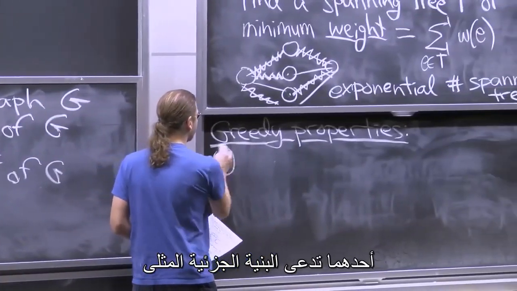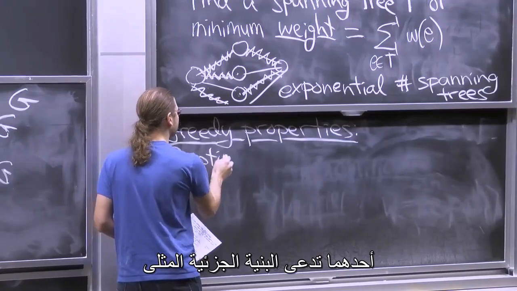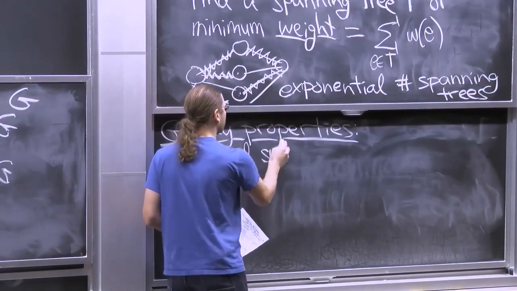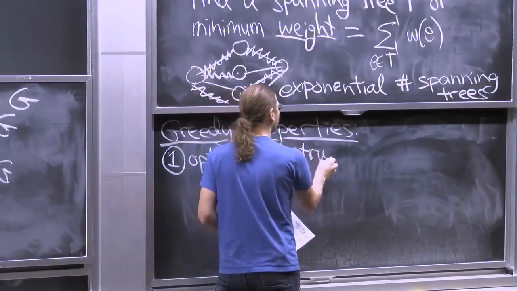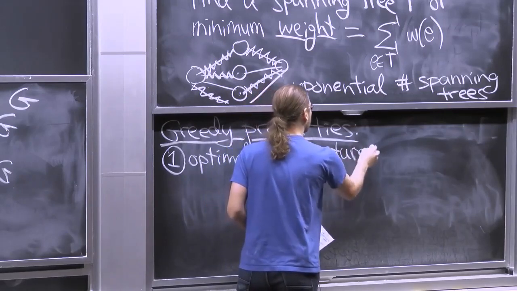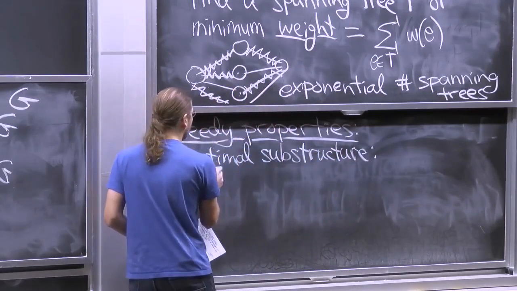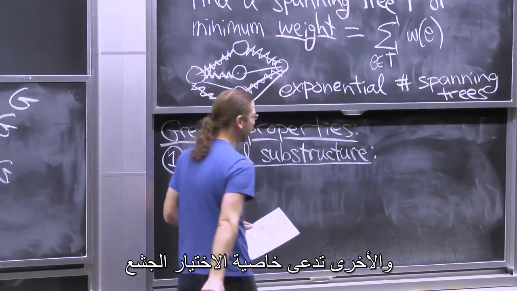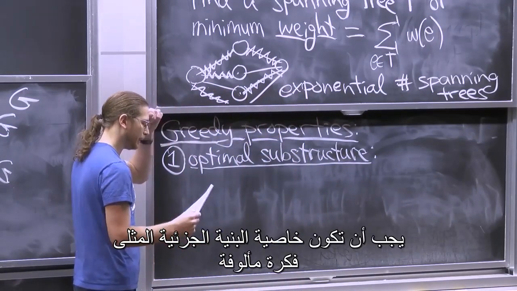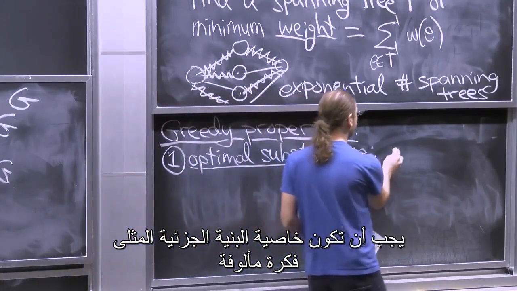One of them is called optimal substructure. And the other is called the greedy choice property. Optimal substructure should be a familiar idea